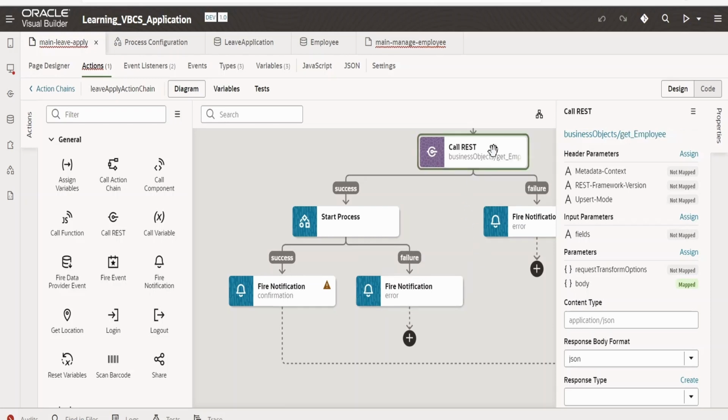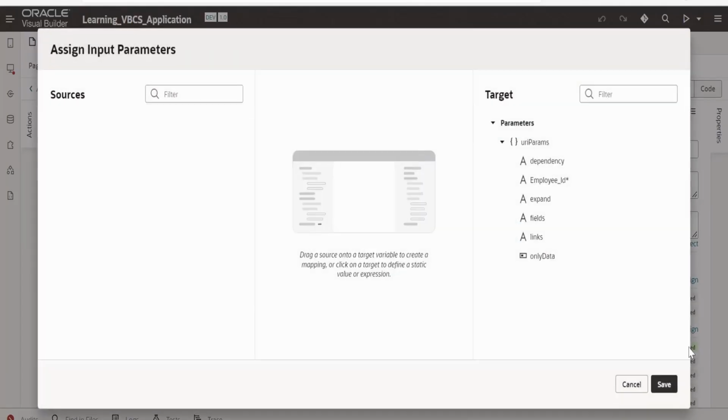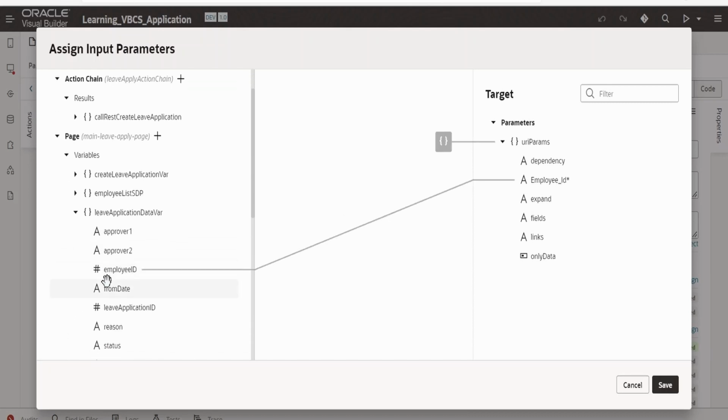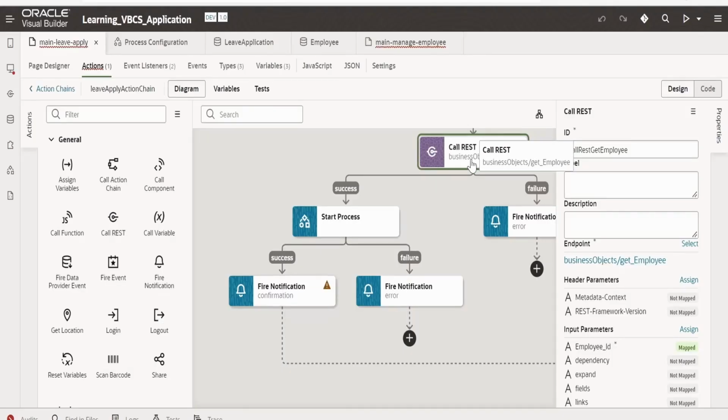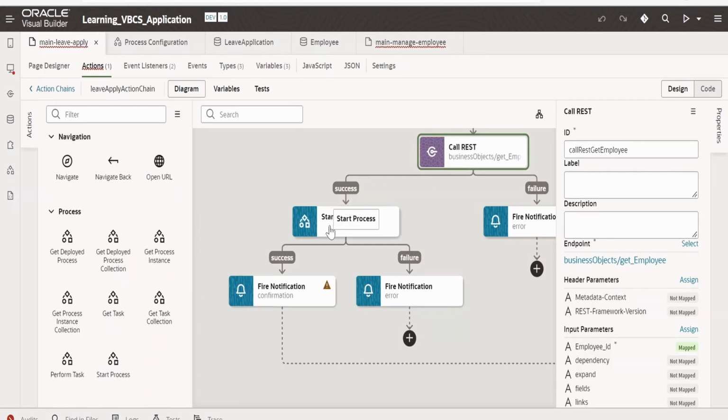So once we get the response from this get employee business object, again this is the call REST. I have selected get employee by employee ID. If you see over here, employee ID, I am passing what we have in this leave application, under employee ID. This we will get from the UI. So once we get everything, I have made use of this start process. Just drag this and drop it over here